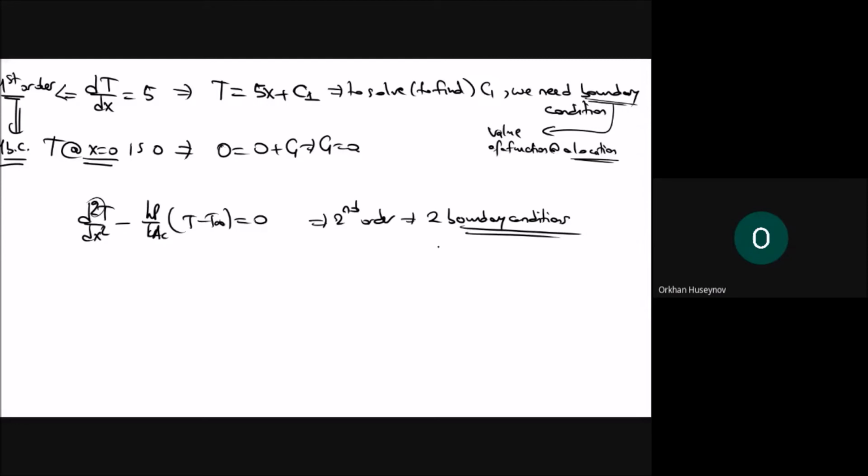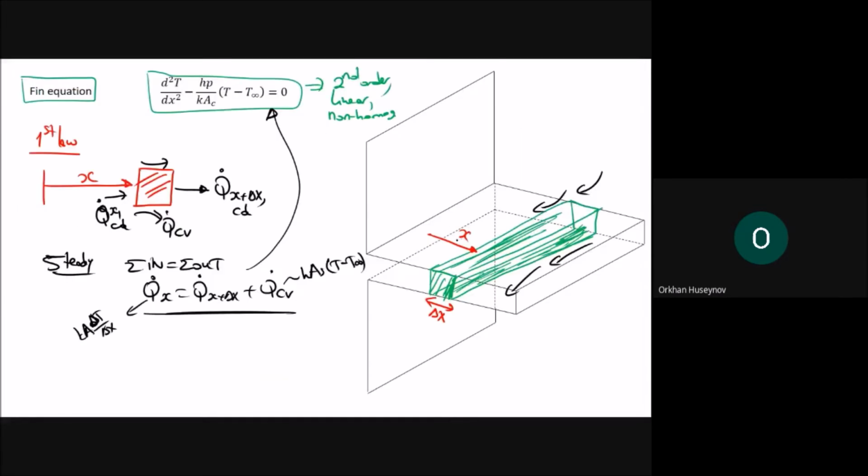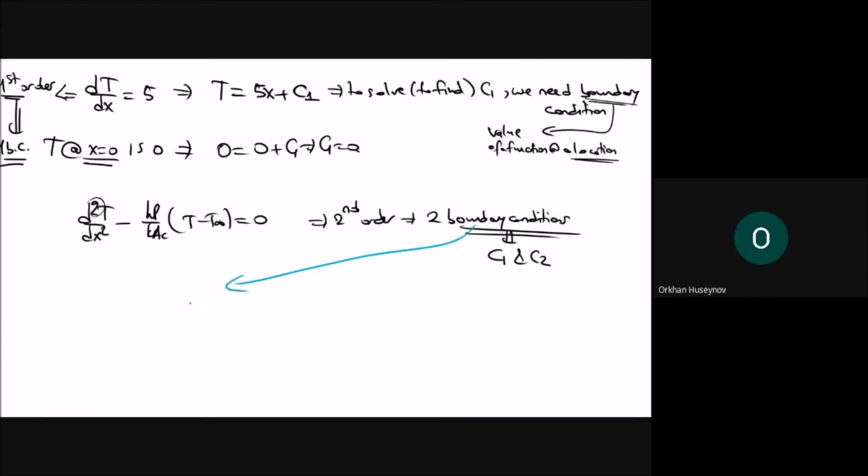And you will have two boundary conditions to find C1 and C2. To find C1 and C2, we need boundary conditions. Let me add this one and then look at the table. These boundary conditions will be given